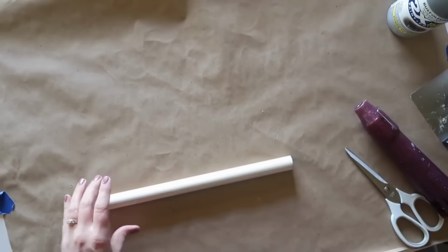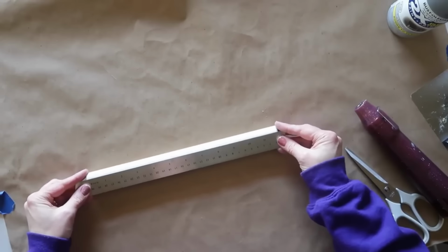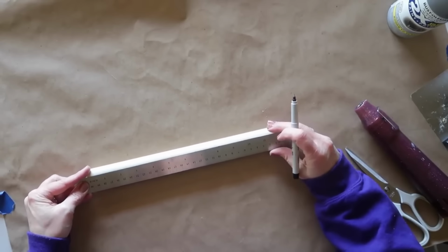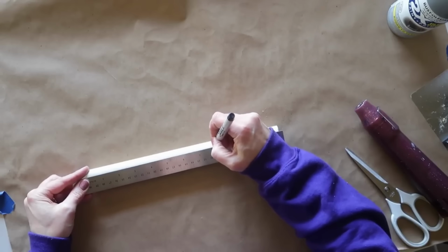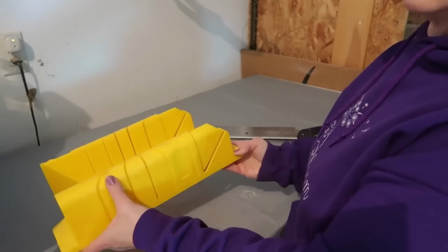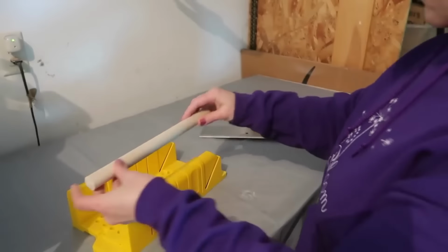Next, I'm going to take my dowel and I'm going to measure up 8 inches and make a mark because I want to cut an 8-inch piece and have a 4-inch piece left. Then using my miter box and my saw, I'm going to cut that dowel at the place where I marked it,